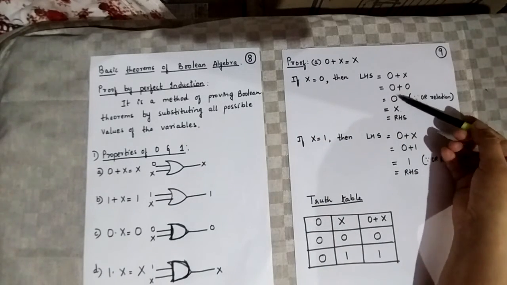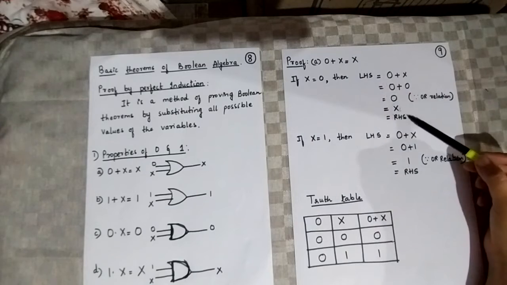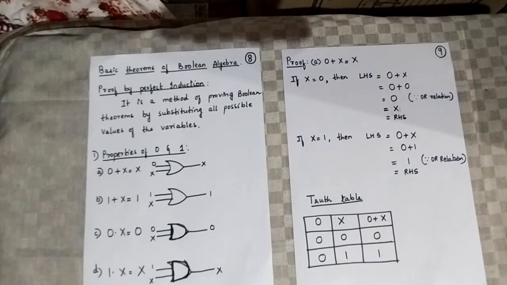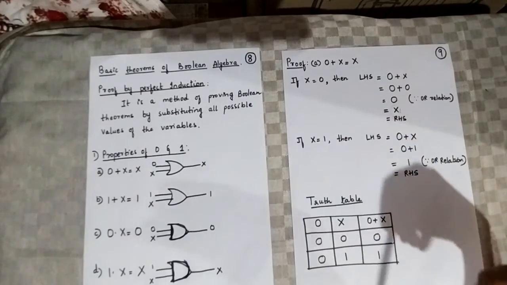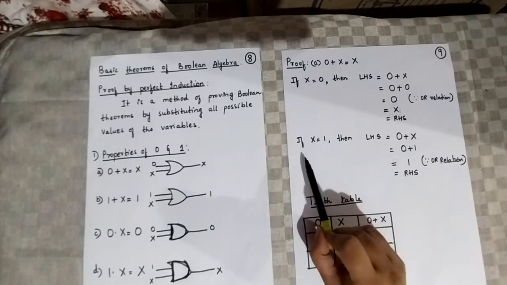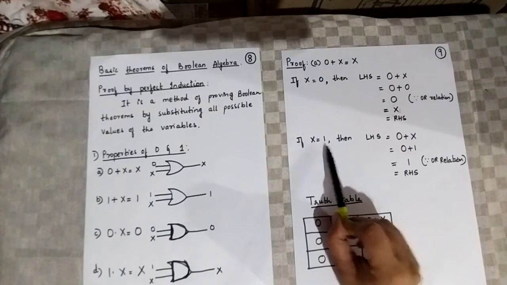So in turn 0, I can replace it with the x value here, and this x is the right hand side we need, so equals right hand side. Okay, are you clear with this? Next, I have only substituted here the value of x so far. Now next I have to substitute the next value for x, that is x equals 1.